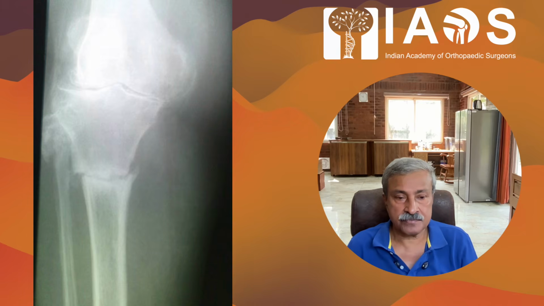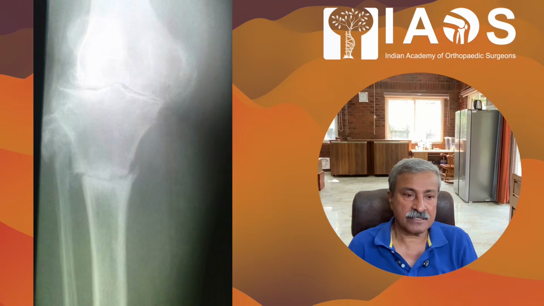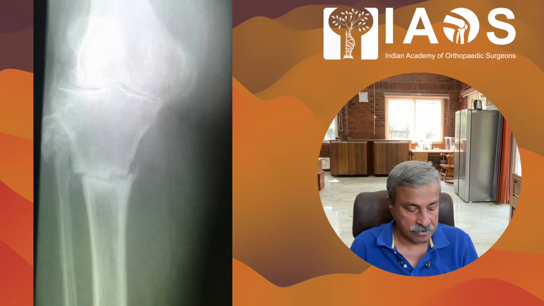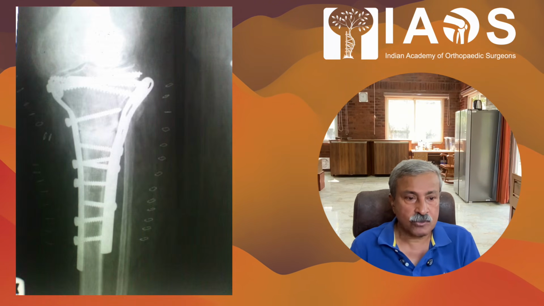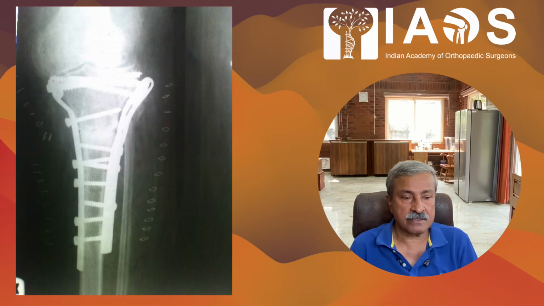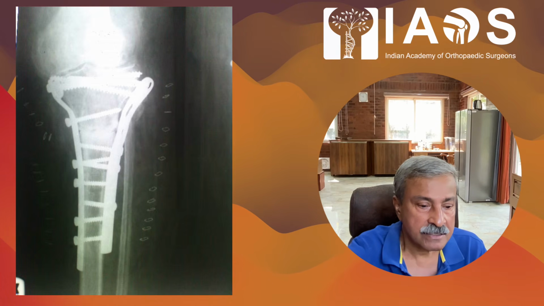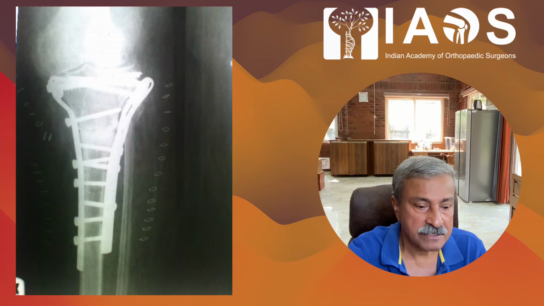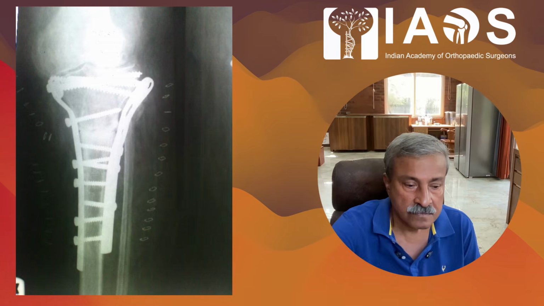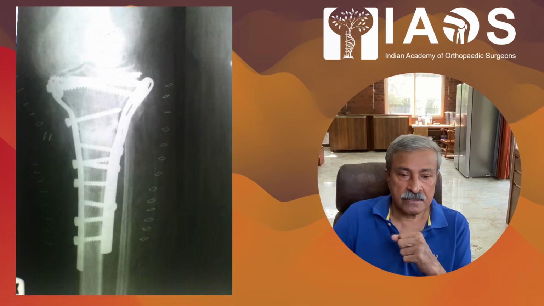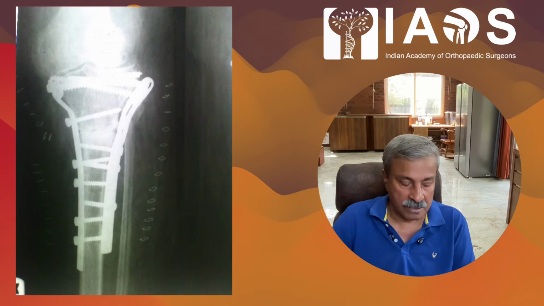Of course, there is an arthritis of the knee as well, and there are many ways to treat this. This is one which is described in the textbook, where they have put a medial plate and a lateral plate, and the radiological fixation looks satisfactory. Dual plating is not unconventional. However,